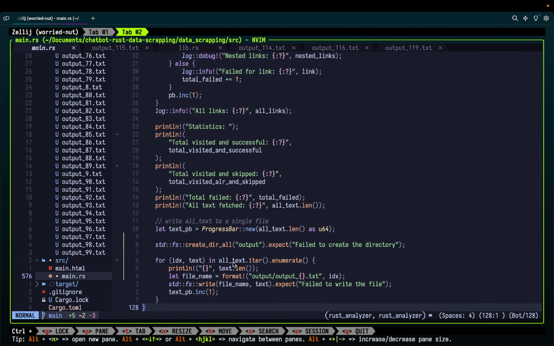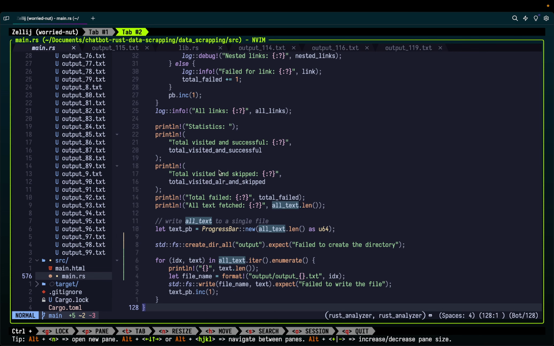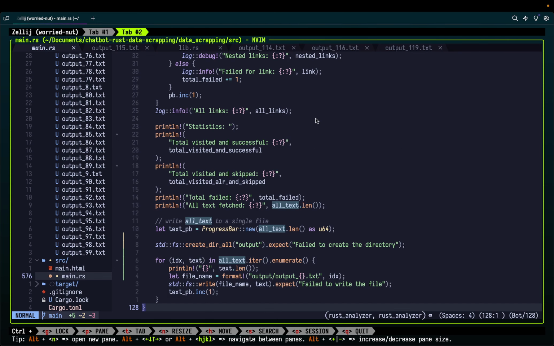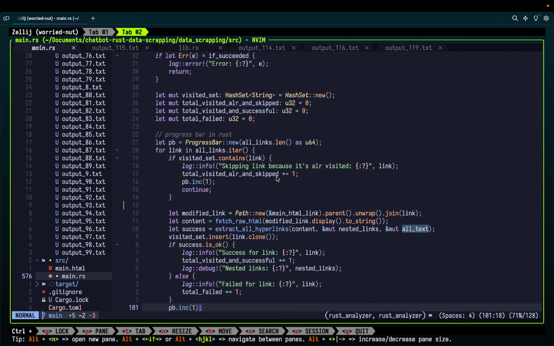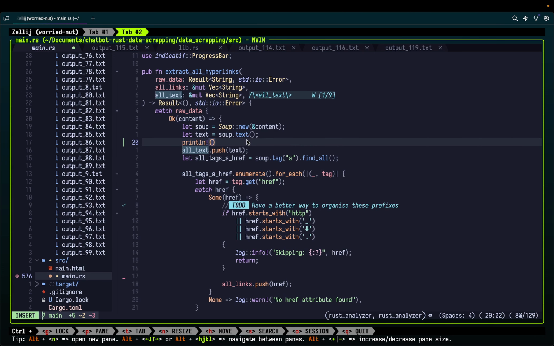What could be going wrong? Meanwhile, let's just look at it. This all text is here, mut Vec String. We are pushing text over here, soup.text, soup new content. This is fine. Oh, wait a minute. Yeah, raw data is there, and this is how we get the content. So I don't see a problem here. All right. Let's just hope this works. Can I avoid doing this? Can I just get the text over here? Let's just, for simplicity,